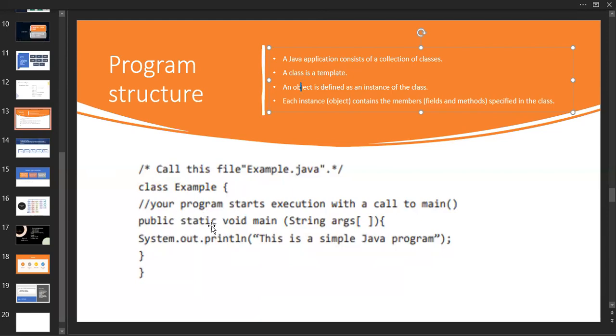In this, just think of static in the sense of other than dynamic. Only think in that way. And void is the return type. So inside your C language, at the time of a main function, before that, we are going to tell the return type for the main method. What is the return type for the main method? I'm not going to return anything. It is void only. And there is a string argument.